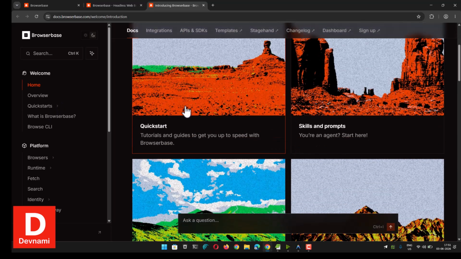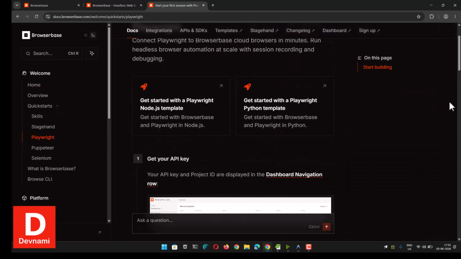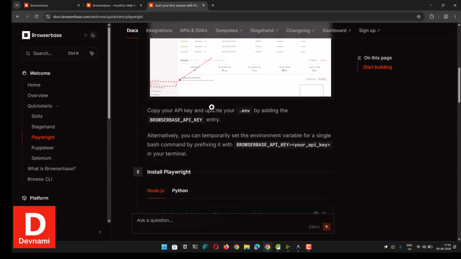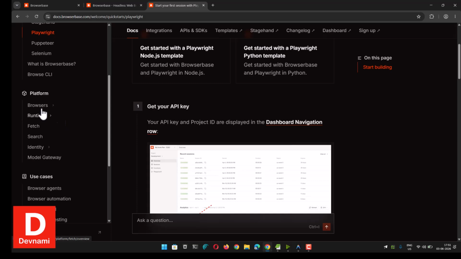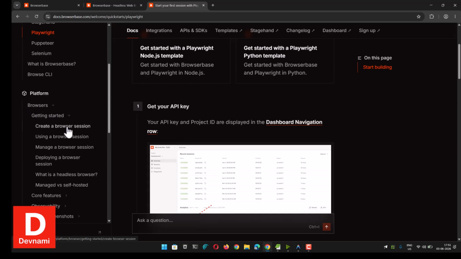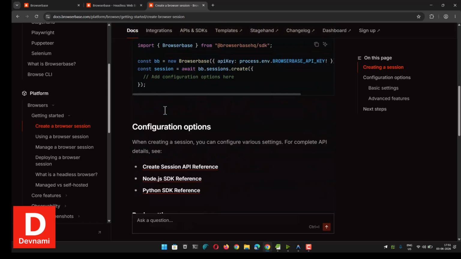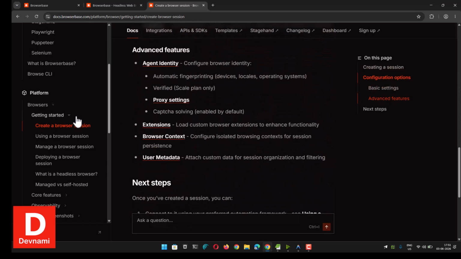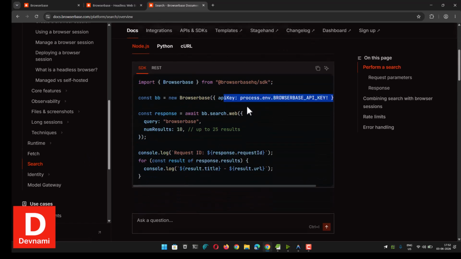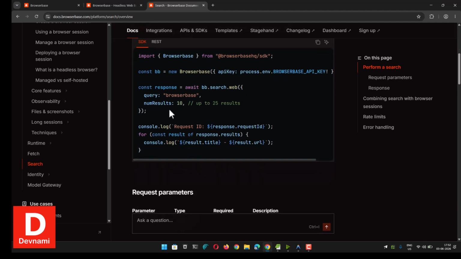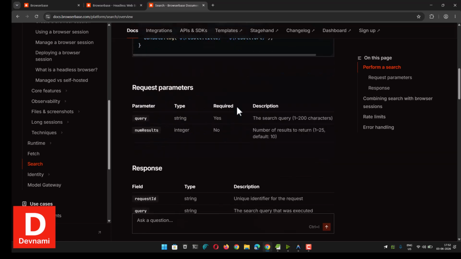So if we take a look at the quick start, it will tell you what to do with it, right? So Python is there, Node.js is there, and we can even use Selenium, Puppeteer, and so on, right? So if you check the ability for browser session, you can see it can create that. It can even do the search part, right? So you can see it can do the search, and we want to use 10 results from page, so that's one of the things we can also add up,